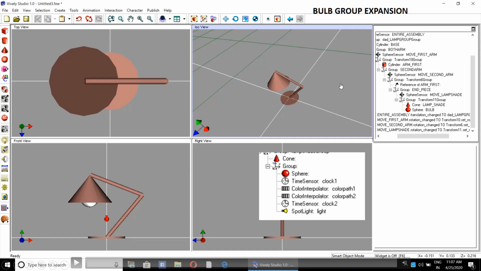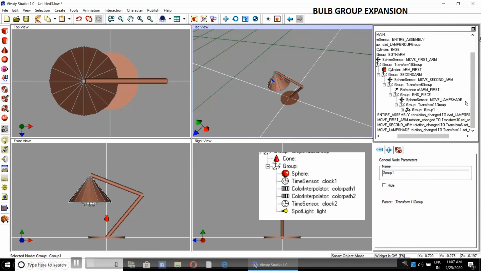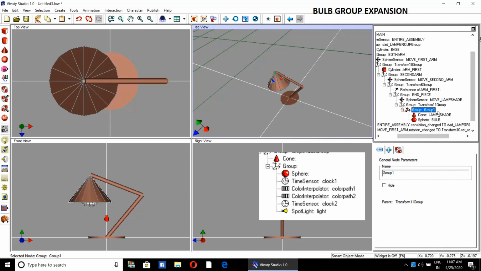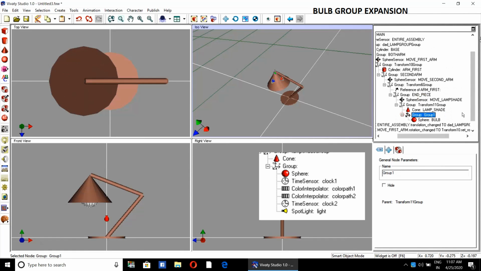First of all, we are making changes in the sphere group actually. So I'm creating another group and I will be adding the time sensor, color interpolator and spotlight in the sphere group. So I will create another group.